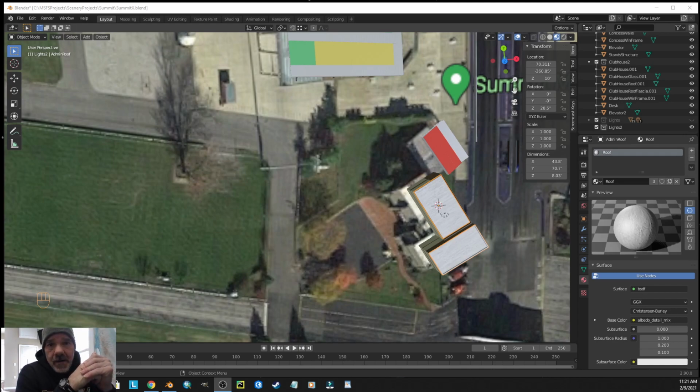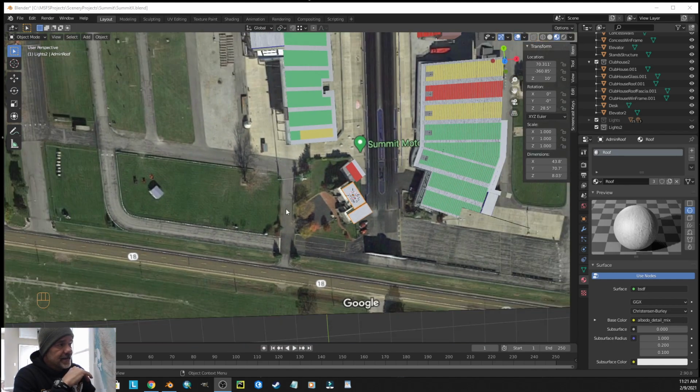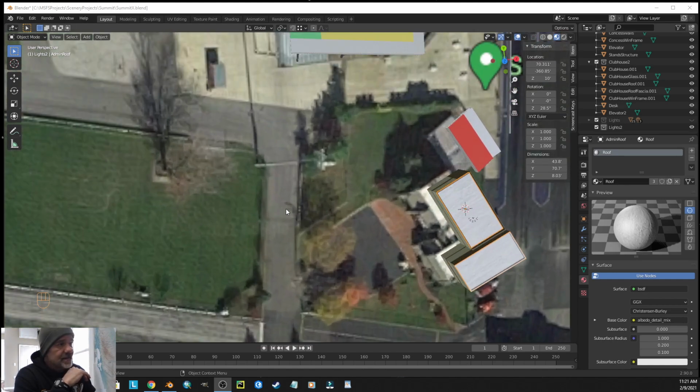Today we are using Blender 2.9 and we are creating scenery for Microsoft Flight Simulator 2020. In this example, I am working on a racetrack that is missing from Flight Simulator, and I'm creating a scenery pack for that particular area. And I got some buildings and things. I'm not done yet. I got a ways to go yet, but I'm going to show you guys how to